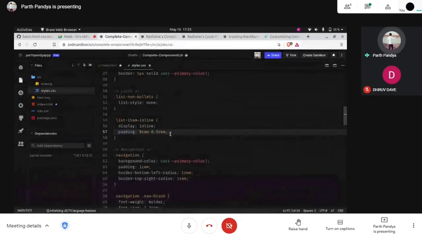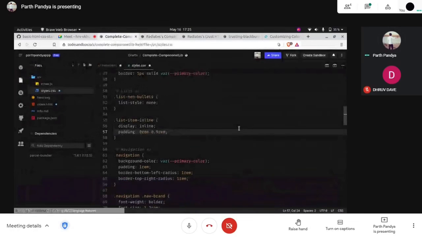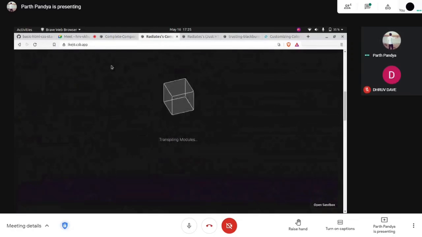If we didn't have this padding, if we comment out this padding and then save this document, you can see all of them will be a little messy and it will not look good to our eyes, and it will be very tough for us to distinguish between these items. So if we have this padding, we can have some space in between. Okay, inner space it is.